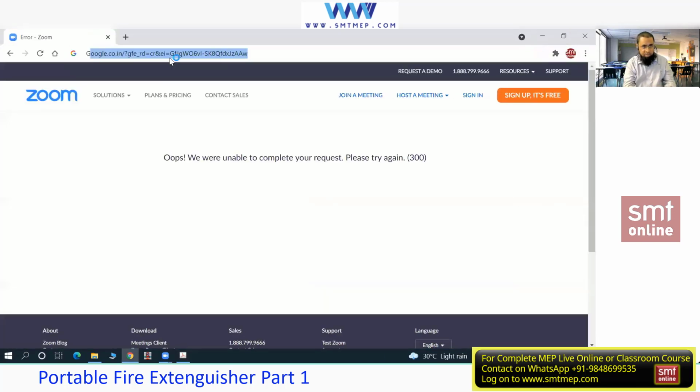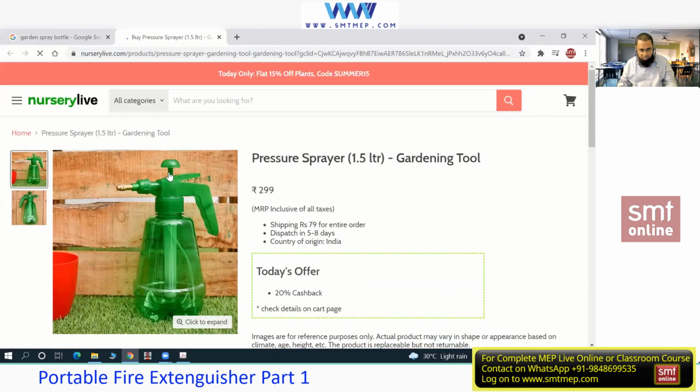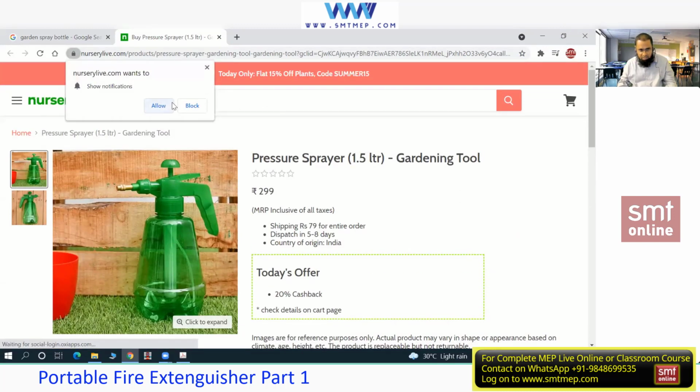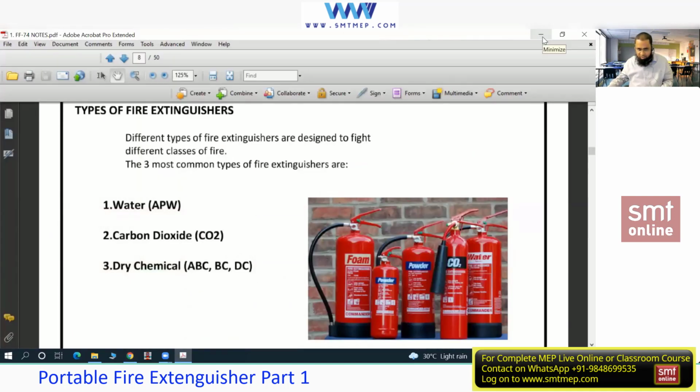If someone doesn't know one yet, the mechanism is similar. This one, you see this one. By pressing this, the piston type, just pumping, we are increasing the pressure of air inside. And after increasing that air pressure, when you squeeze this handle, what will come out in spray form? Because of what? Because of air pressure. The similar concept applies to this water type fire extinguisher. It is pressurized with the water, so that because of the air pressure, the water can come out when you squeeze this handle.